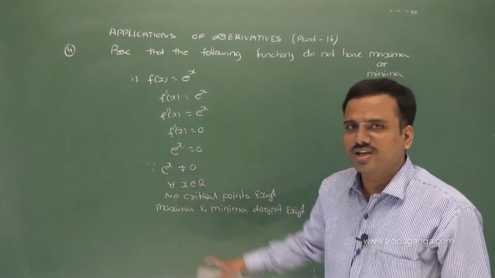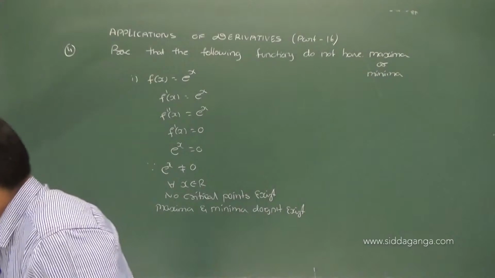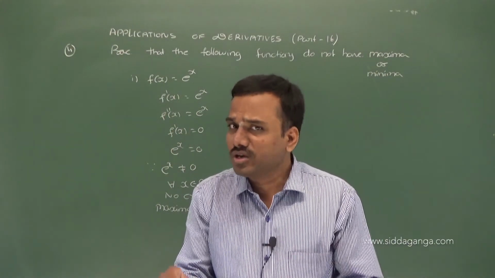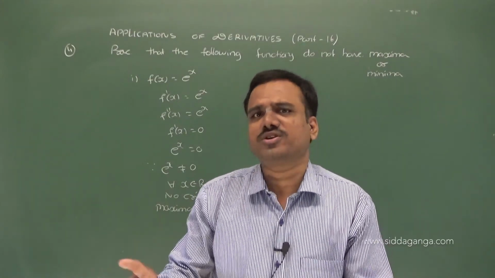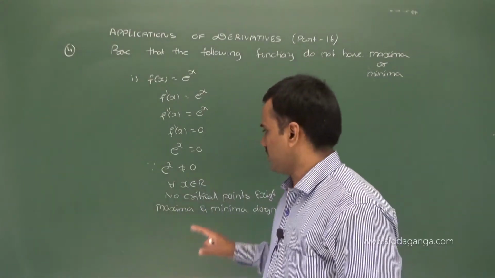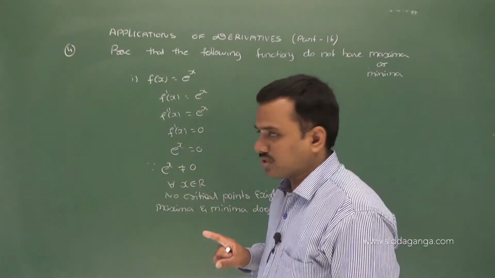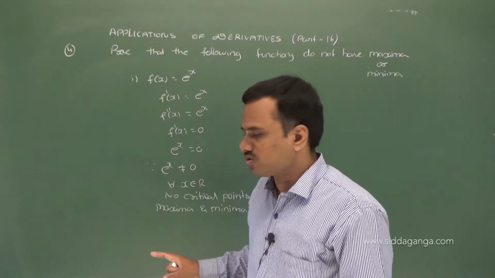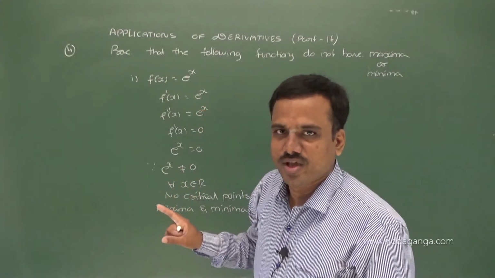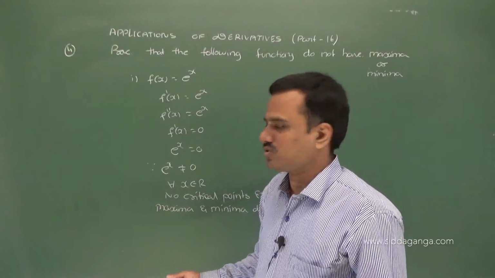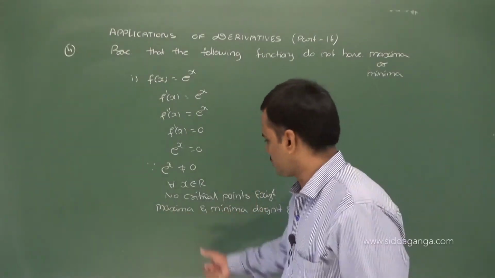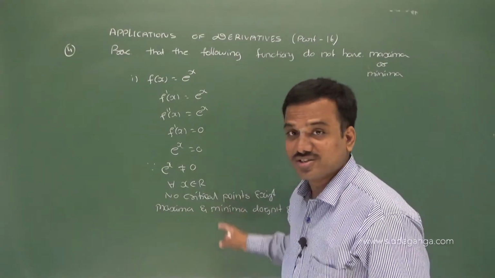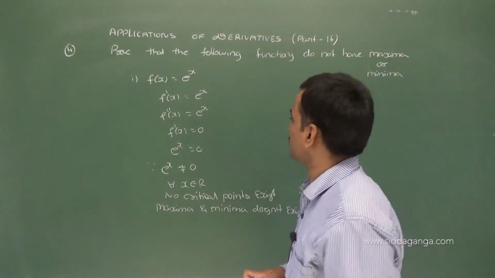See, do not have maxima and minima. So if the critical point exists, only then we say that the function has maxima or minima. Now if f dash of x is not equal to 0 for all x belongs to R, that means no critical points exist. So maxima and minima do not exist. This is a 3 mark question, and it is a very simple question. Next question,